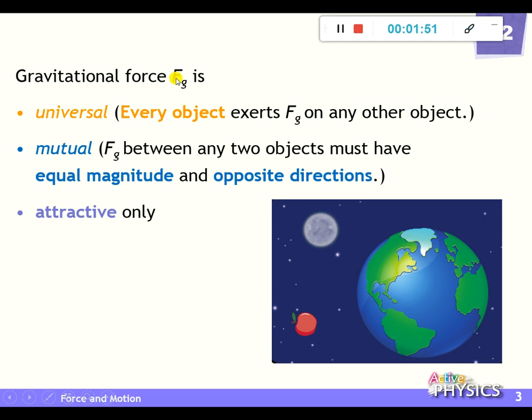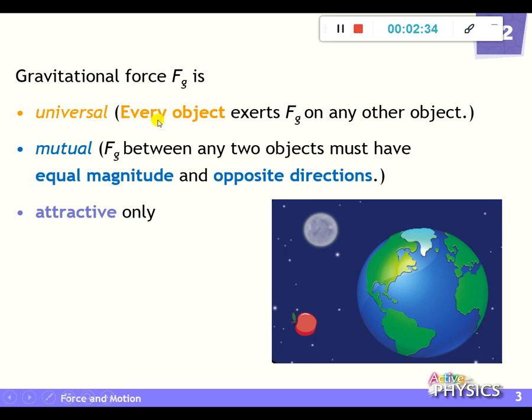Now, go back to here. Gravitational force. What is it? For example, in this case, the symbol is Fg. G stands for gravity. This one is universal. Universal means that we can do an experiment on the Earth, but we can actually do the same experiment on another planet. Even if you go to another planet, we also have gravity. Of course, this gravity is produced by that planet, not the Earth. But never mind, this force is universal.